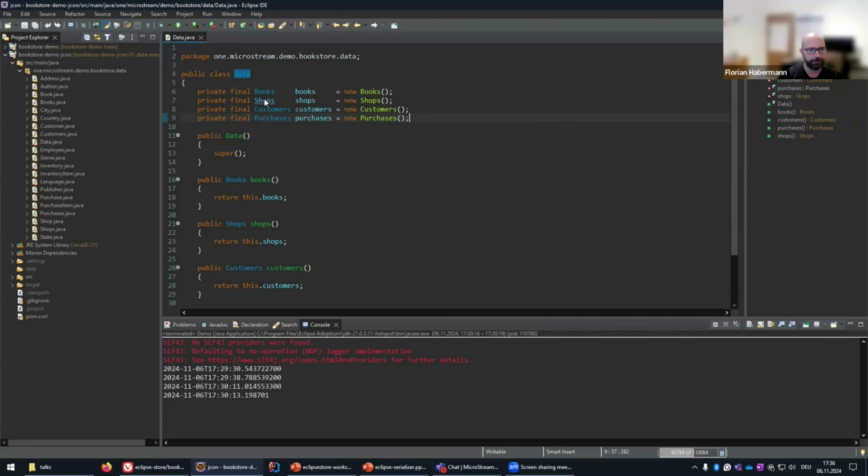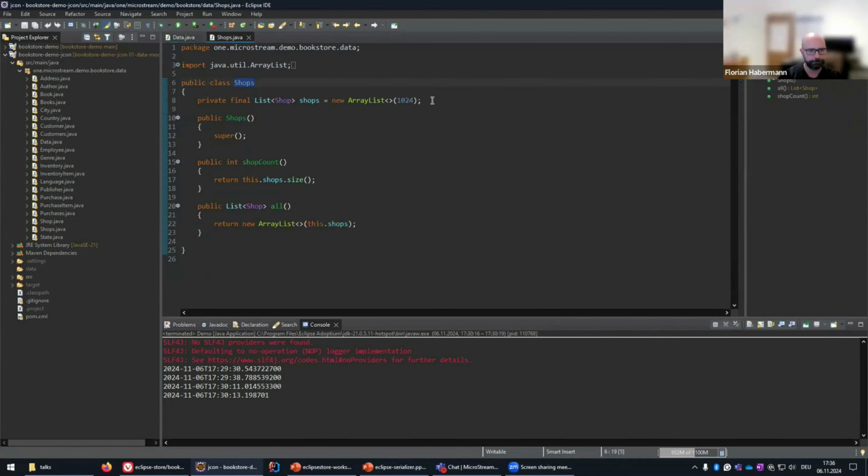Let's say, for example, our shops, which manages the shops. Internally, it uses an array list and exposes different stuff to the caller. So the caller doesn't have to worry about the internal data structures, but just calls your Java methods, which you are offering. And as you can see, you use collections like array lists, hash sets, maps, whatever you like. You can use all the data types Java offers you. You can bring in different libraries if you want to use different collection frameworks, for example,